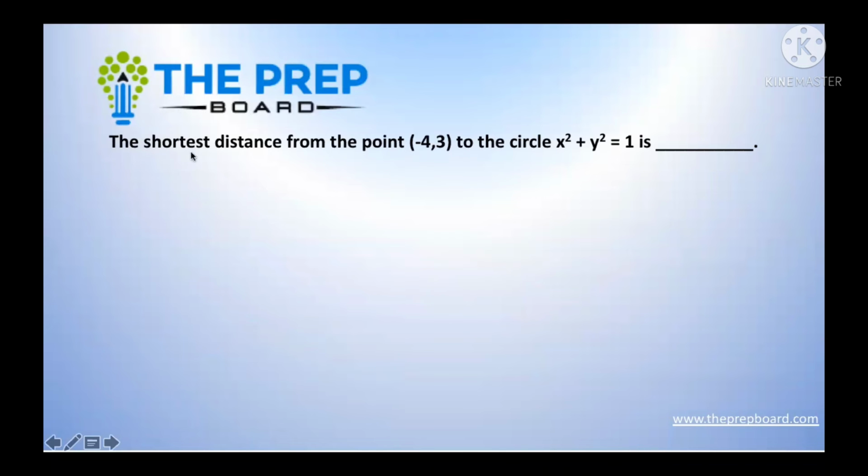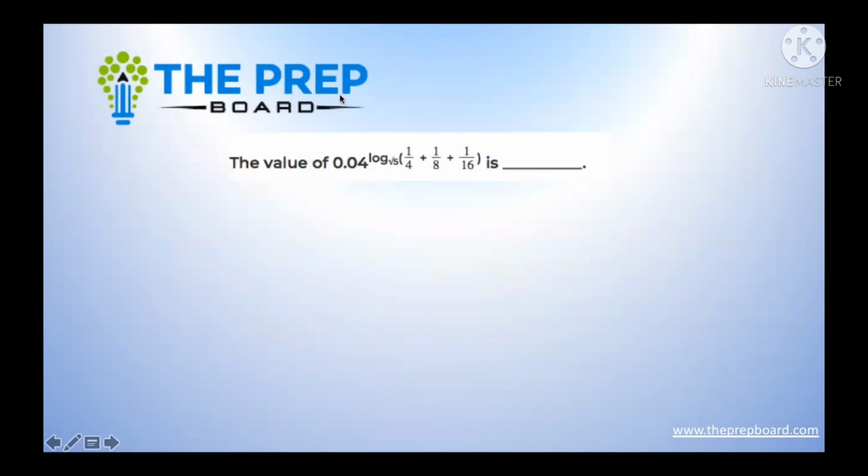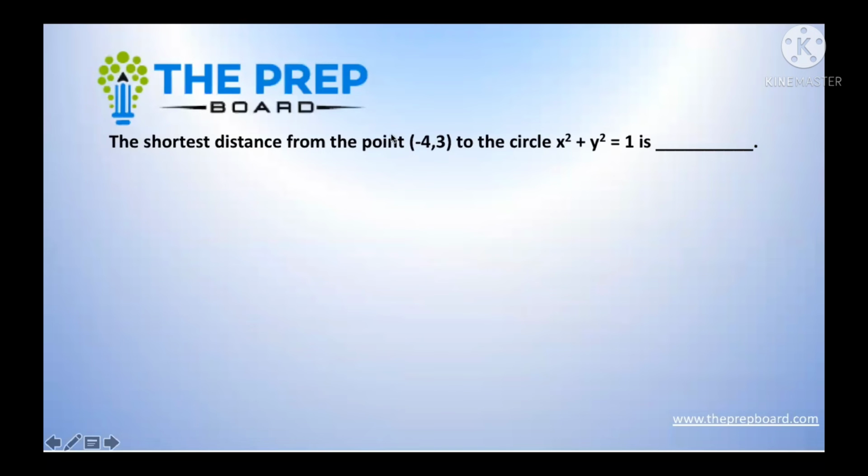Okay, here's question number 2. The shortest distance between the point (-4, 3) and x square plus y square equals 1. This is the equation of a circle. We know that the equation of a circle is x minus g whole square plus y minus h whole square equals r square, where g and h are